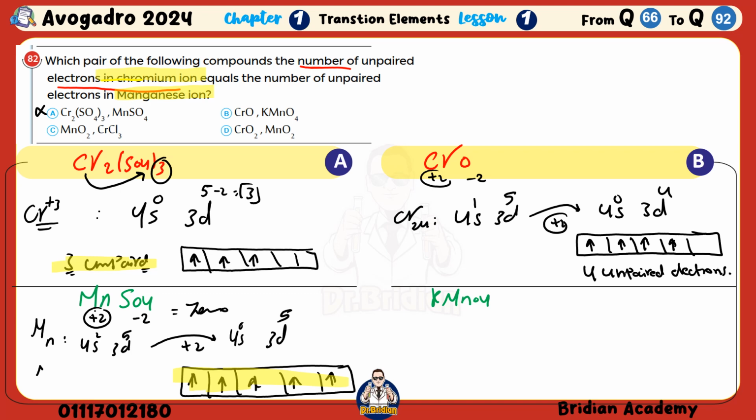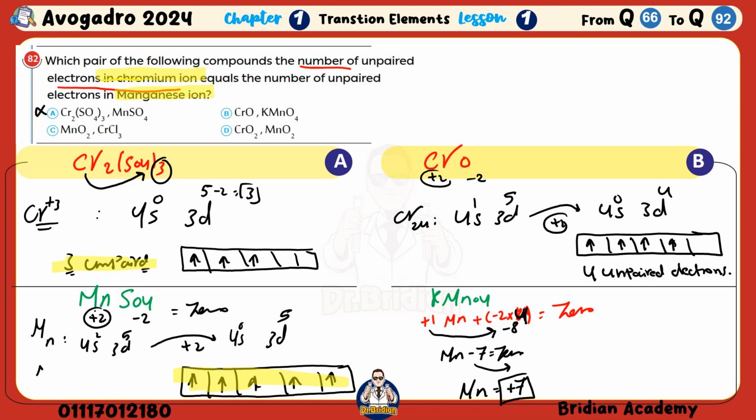Okay, for manganese in potassium permanganate, make an equation. Potassium is positive 1, manganese is unknown, plus oxygen is minus 2 times 4, and the equation equals 0. Minus 2 times 4 equals minus 8. 1 minus 8 will be minus 7. So manganese minus 7 equals 0, so it will be with a positive sign. Manganese oxidation state will be